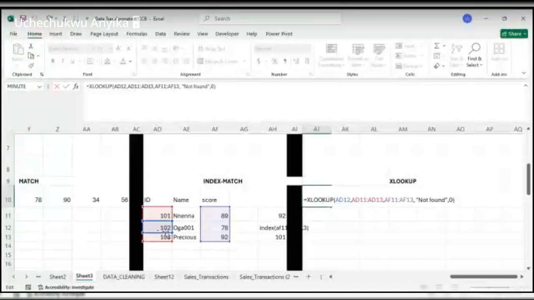And selecting the range, the lookup array is the goal of the ID column. What happens? It returns not found for you. What if